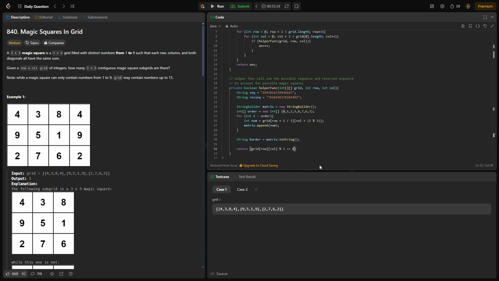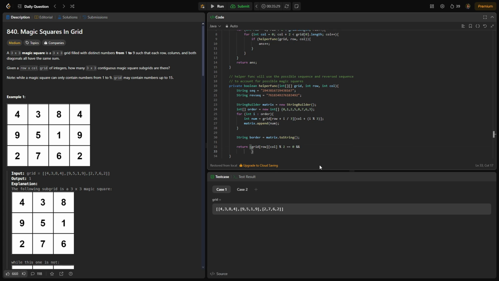So grid of row of column, the modulus 2 is equal to 0, and our seek dot contains our border, or our rev seek dot contains our border. So as long as either of those contain our border,